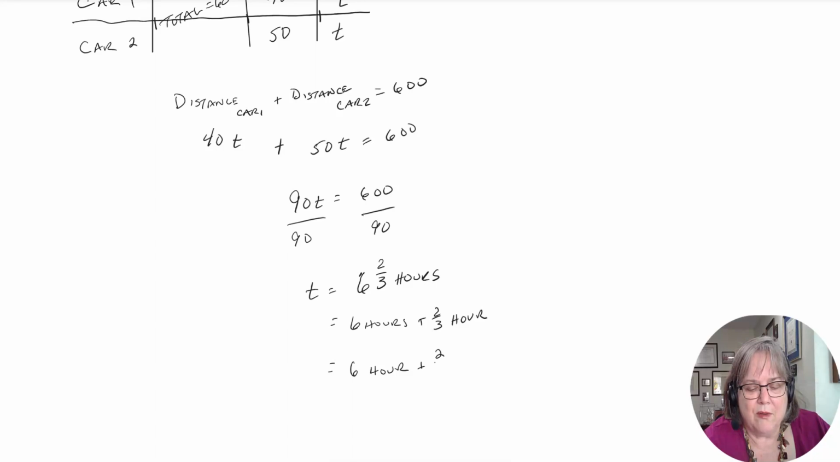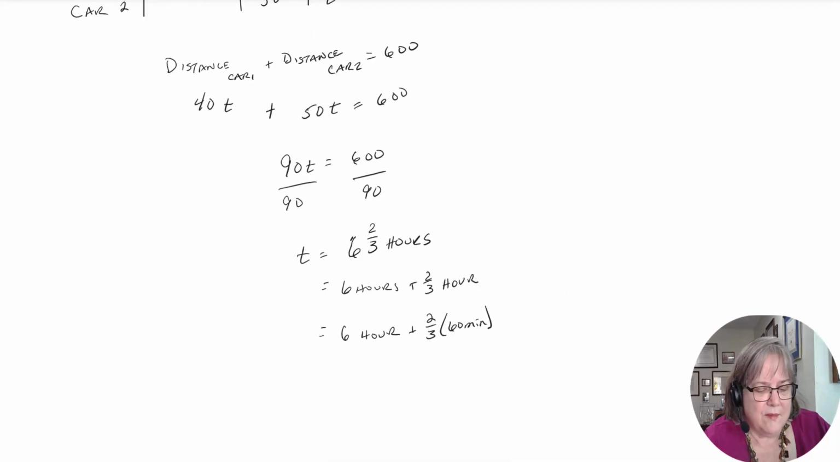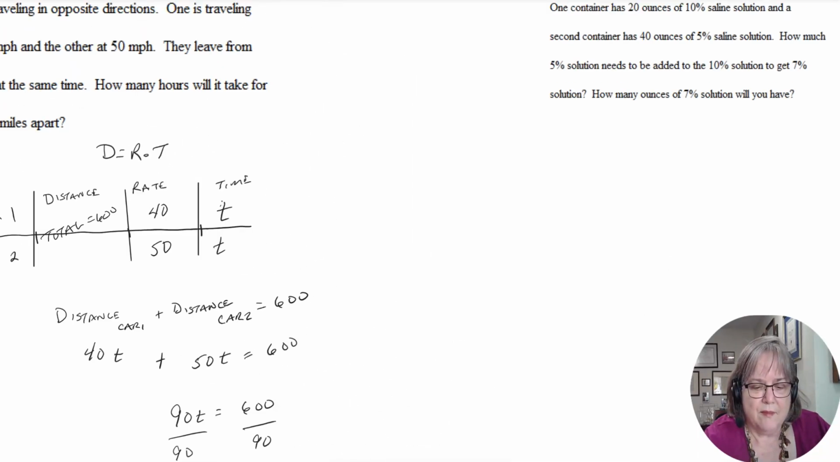So this would be 2/3 of an hour, which is 60 minutes. Okay, so this is 6 hours, and 3 goes into 60 20 times, and 2 times 20 is 40 minutes. So if they want hours and minutes, please be careful with that conversion. All right,